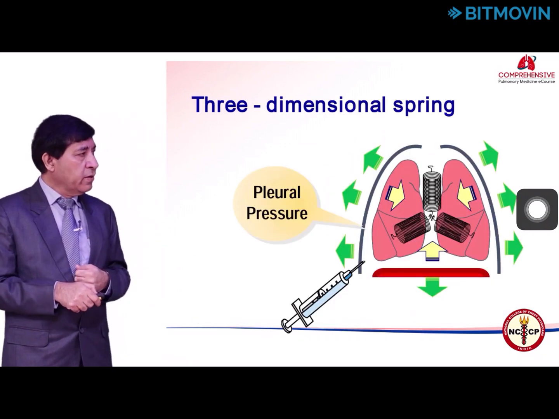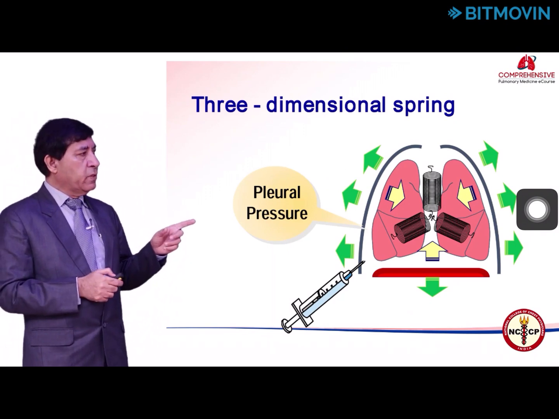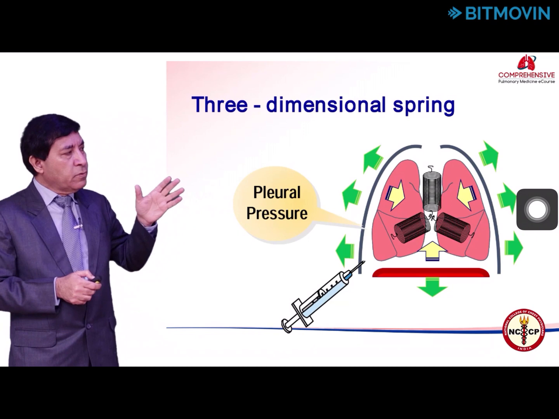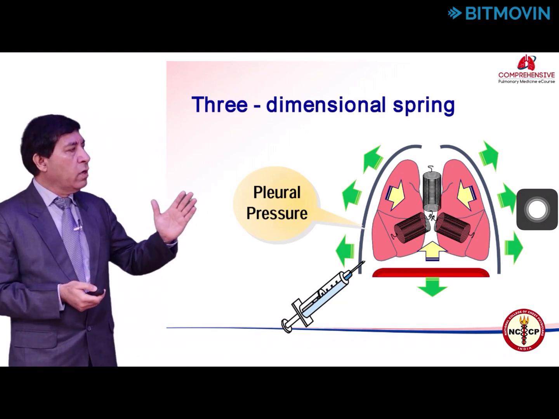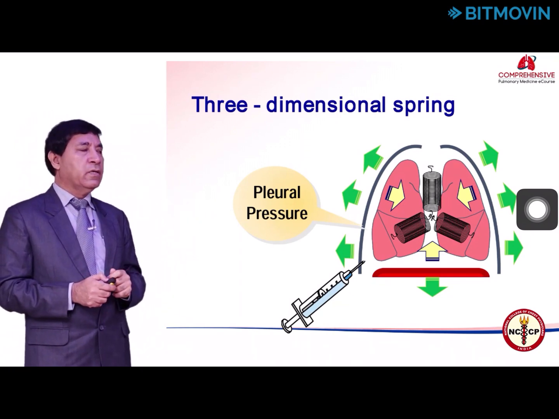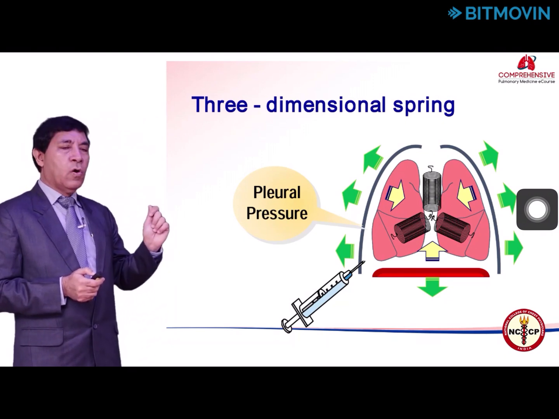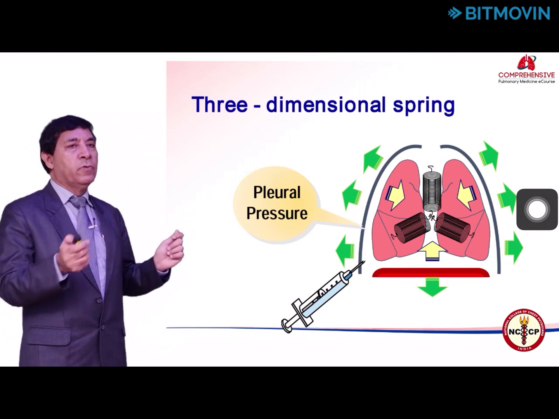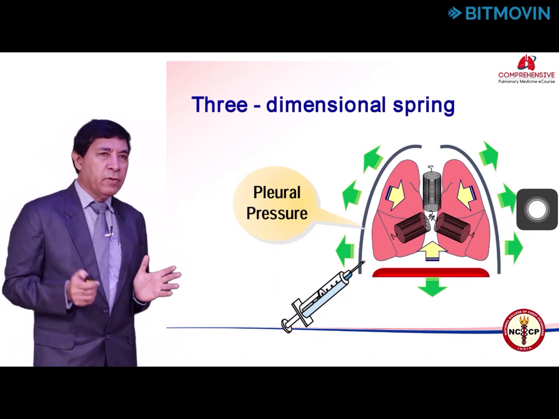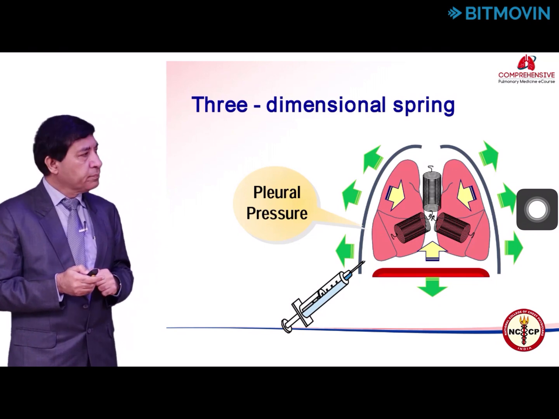So here you can see again in this cartoon that under normal circumstances, the negative pleural pressure tends to keep the lung expanded, and the lungs always want to go to their resting position near the hilum, and the chest wall wants to go outside. And under normal physiological condition, at normal end expiration, the elastic recoils of chest wall and lungs are equal and opposite. So that's how we measure the size of the thorax or the hemithorax under normal condition at end expiration.